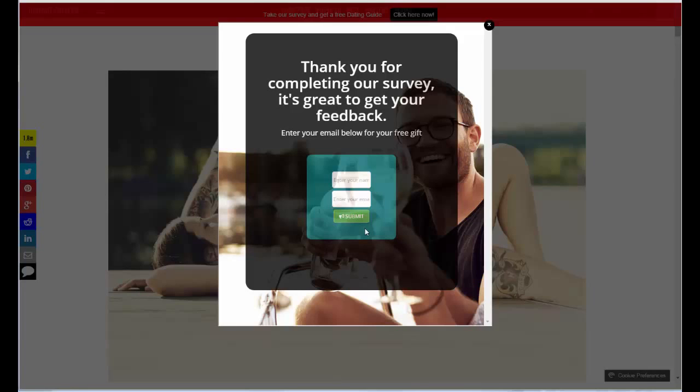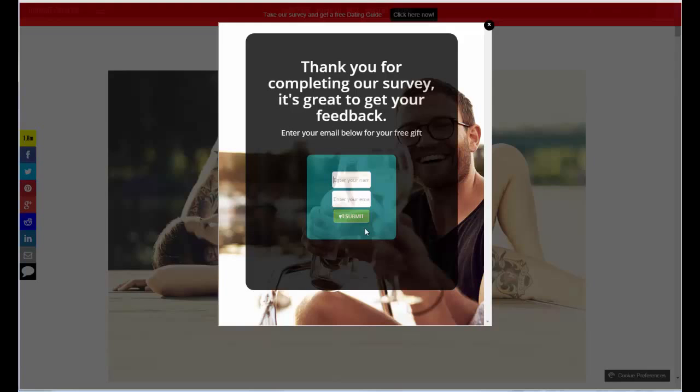Now for the visitor, they've just read a fantastic article and they've clicked on a bar above that article, but it's our survey, so we're borrowing all of that power. You can see how crazy powerful this can be. Now that share link can be shared all over the place. You can share it on Facebook, on your Twitter, on wherever you want to get people in front of it,